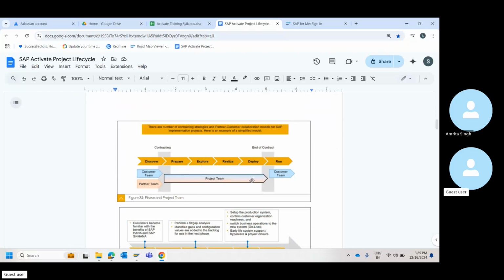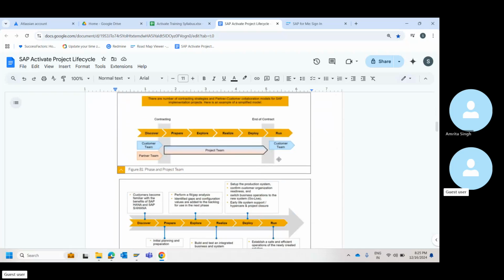Project team meaning both the teams. So whenever I say project team, it involves both the customer team as well as your partner implementation team. Okay, then comes partner team. The partner team is the implementation team. Correct. So basically, yes.